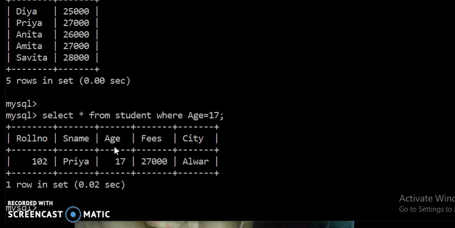In the same manner we can apply the condition according to the requirement on different columns. Here I am showing one more example: select star from the table named student, then where, and which column? City. I am applying the condition on the city column, where city equals Alwar. I want to access the records of Alwar students, so this command will help us.